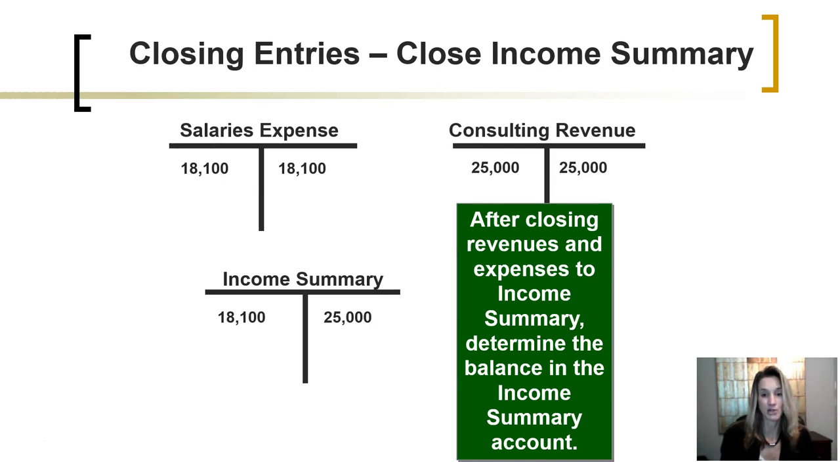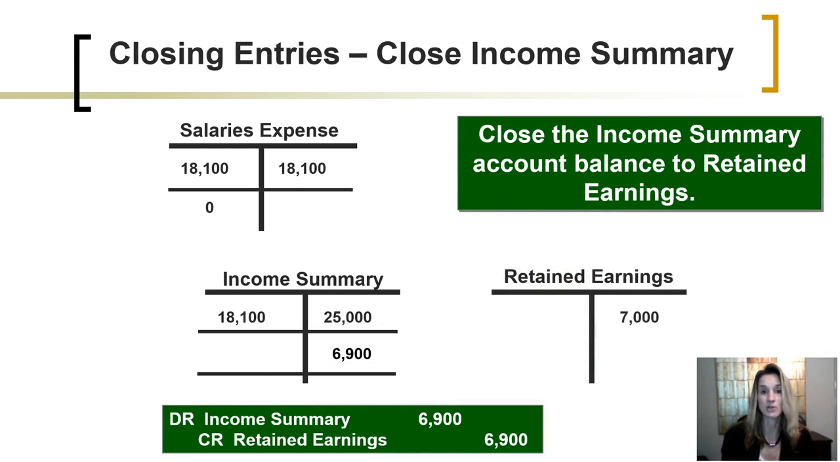Our third closing entry is to then take the balance in income summary. If we have credited income summary for revenues and debited it for expenses, we are going to be left with a balance of $6,900 credit because the revenues were greater than the expenses. So now we can prepare the closing entry to clear out that credit balance out of income summary. To get rid of that credit balance, we are going to debit it, and we will transfer the amount of net income to retained earnings with a credit,